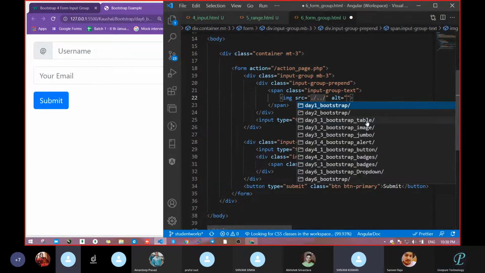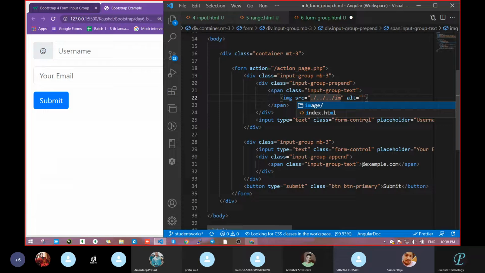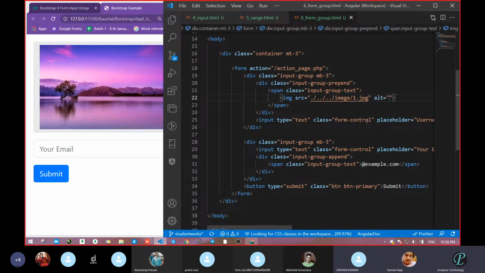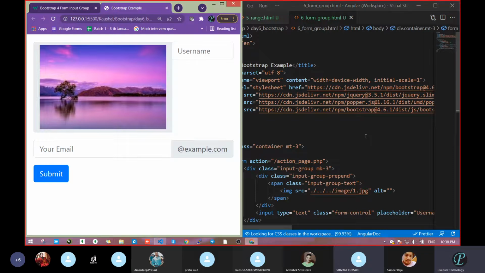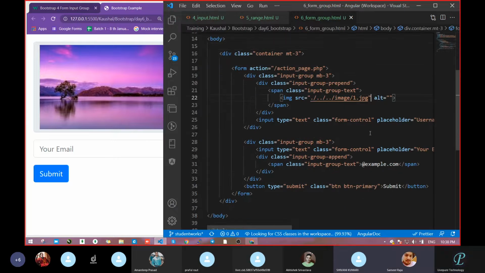Sir, we can use Font Awesome icons, sir. Yes, that link. First we have to copy it at the top. After that, we are going to take that class for that purpose. We have to pass that link actually. That's why. Yes, that is the big issue. That's why I am not going. Otherwise, I have to go to Bootstrap, then take that link. Who will do that much? Yes, it is irritating. Just maintain the height and width, sir.